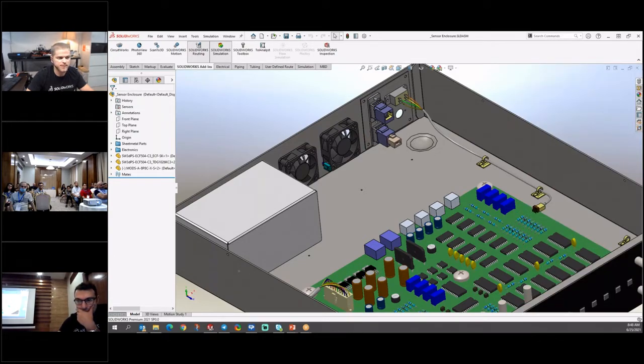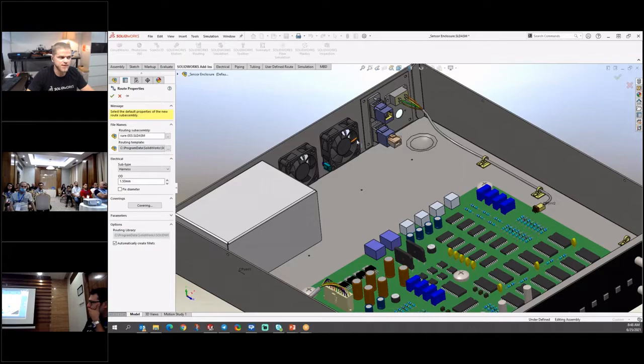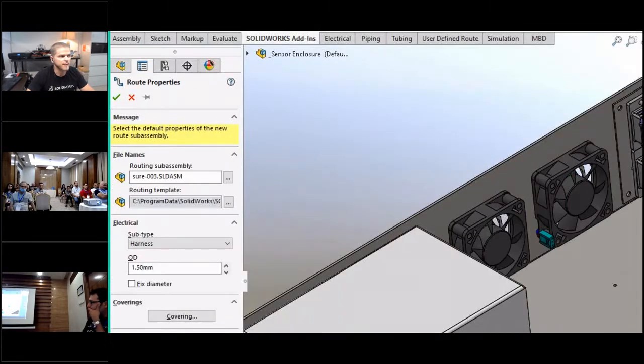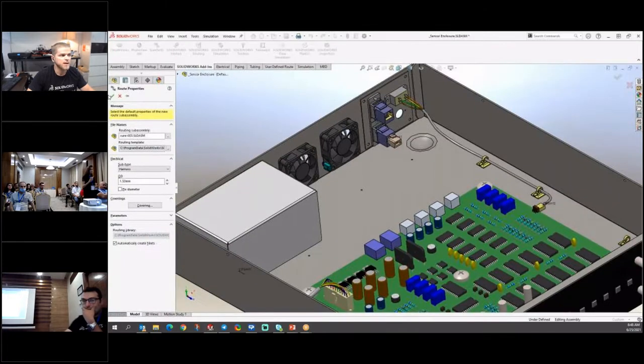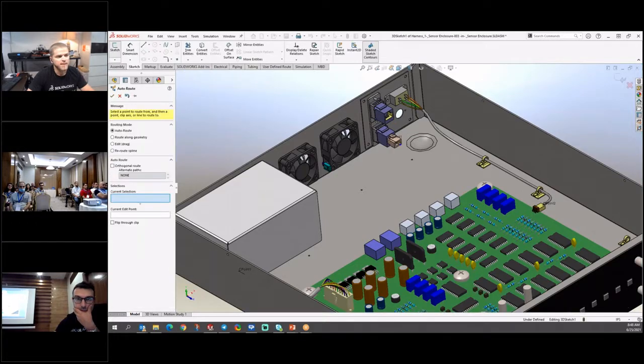So if I drag and drop this Ethernet cable connector into my assembly, and I stop right there on my screen, SOLIDWORKS will recognize that that is a routing component, and it will actually start a new route. It began a new route that quickly, just by me opening and dragging in a routing part. So I'll hit green check to confirm that. That looks good. I'm just kind of starting with this example route here.